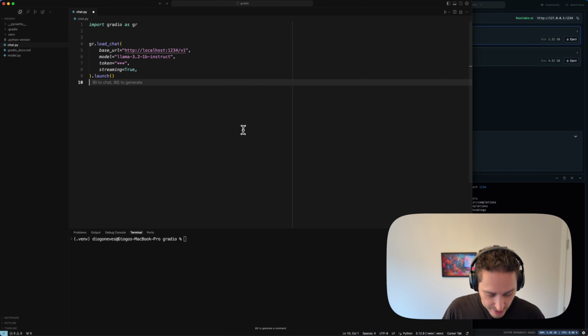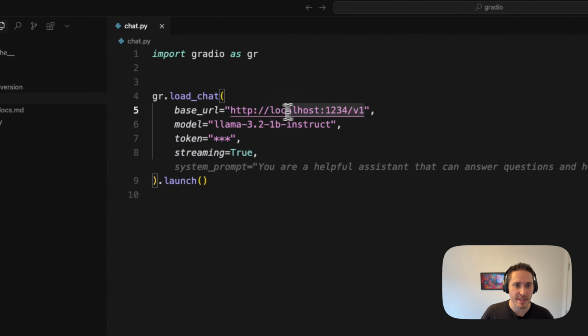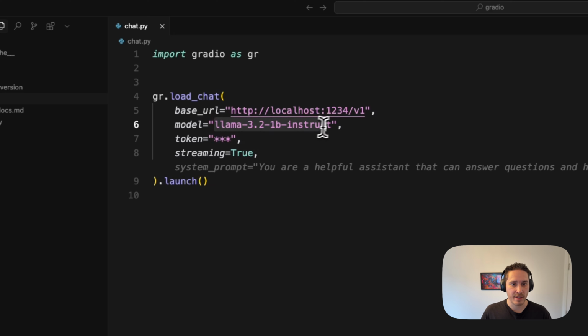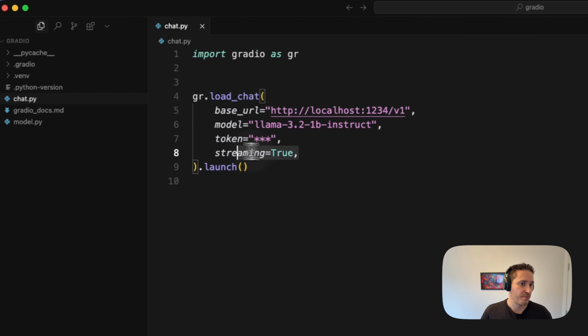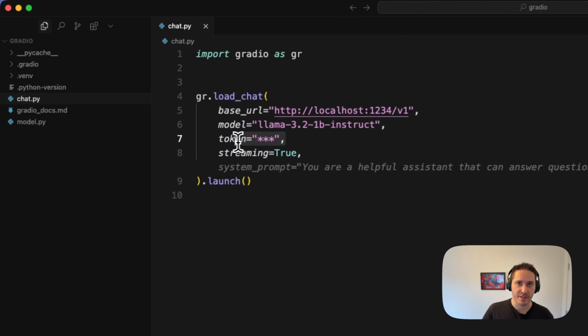Boom, that's it. So I've got here already some code, but what this is doing is plugging into the local model, the one we have running on LM Studio. And we're selecting the model we want, so that comes from this name. We just need some value here for the token. It doesn't actually matter, you can put whatever you want. If you run that,